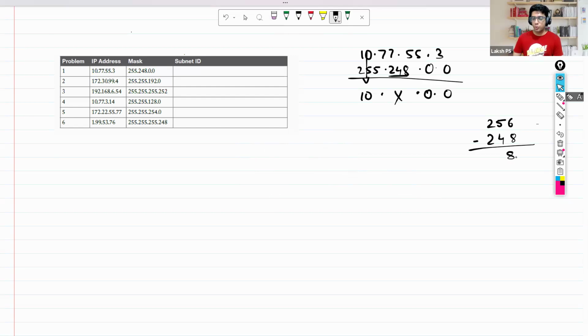Now, what you are supposed to do is write down the multiples of 8, starting from 0. 8 1 is 8, 8 2 is 16, 8 3 is 24, 8 4 is 32, 40, 48, 56,